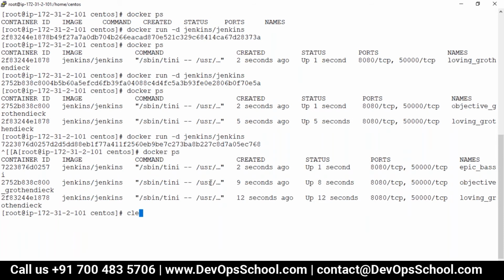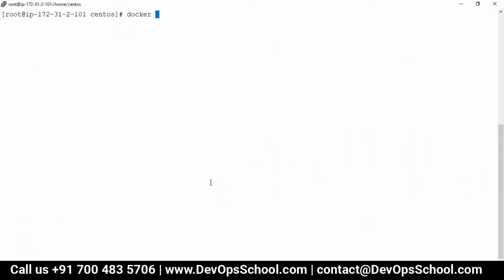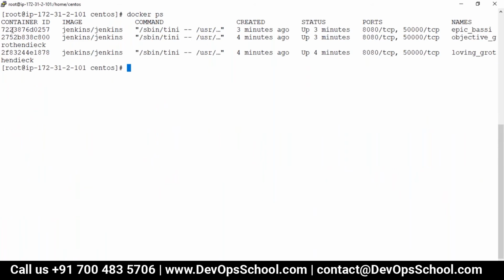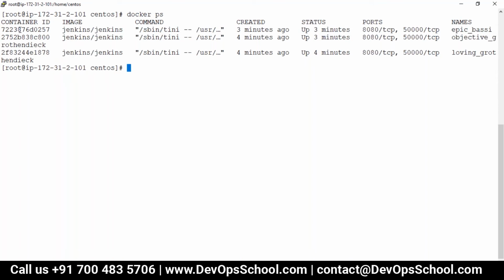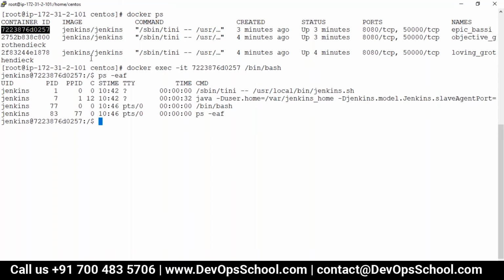So here, docker ps. See here, these are the three containers I'm having. I will go inside a container: docker exec -it, bin bash. And here you see you have a PID 1, which is sbin/tini.